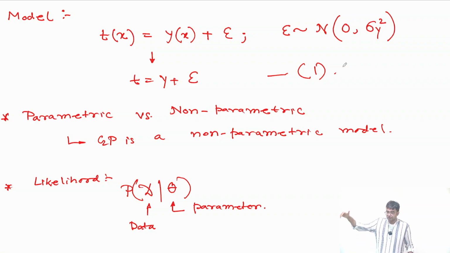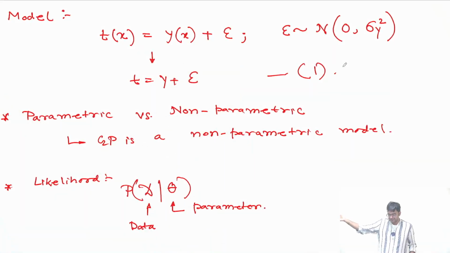Okay. So the likelihood for this will be probability of t given y comma x comma sigma_y squared, right? That is the likelihood. Now generally x and sigma_y squared we often drop, we do not write. t given y is what we write, but in reality it is t given y comma x comma sigma_y squared. Okay. So from equation